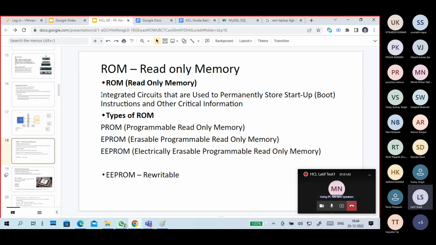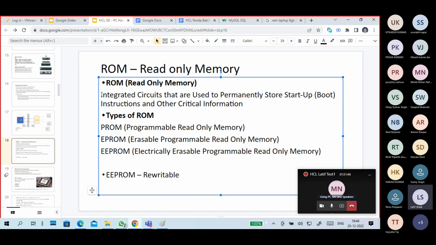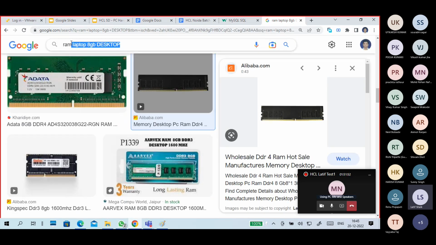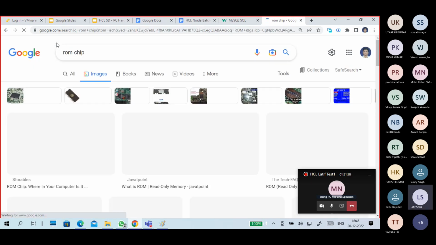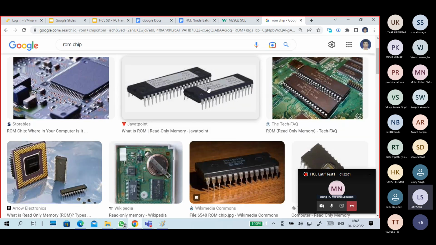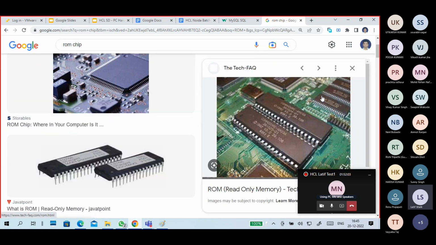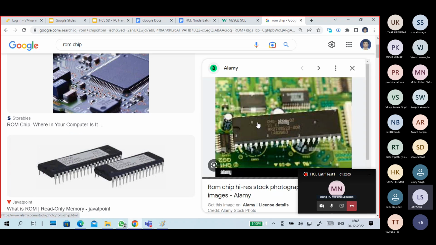Okay, so here, ROM, read-only memories. So what is this ROM? ROM is nothing but a small chip. ROM is a simple chip. Either it is available like this. Usually ROMs are